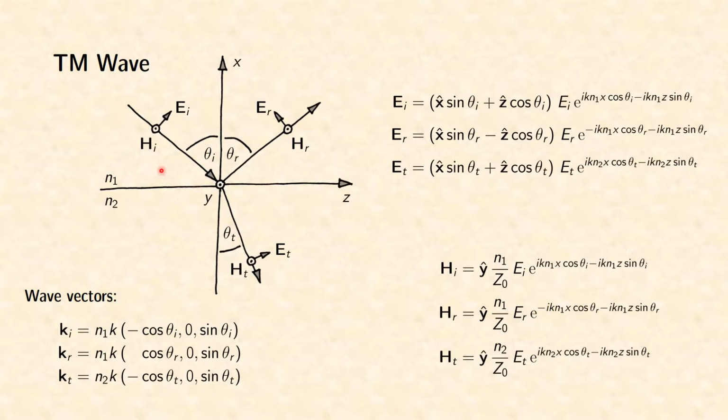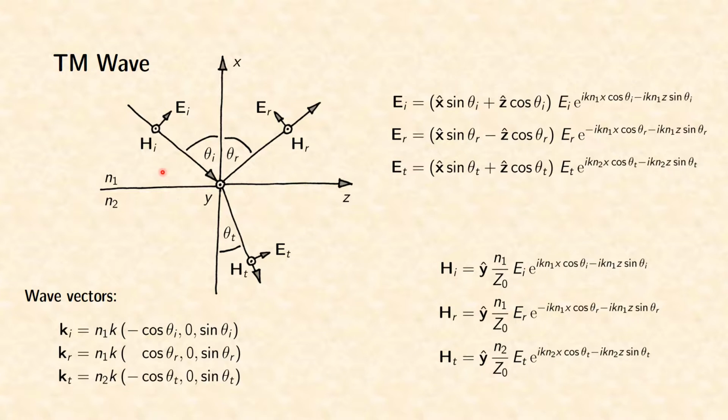If you have a plane wave with arbitrary polarization, you always can split it into a TE wave component and a TM wave component. So when we have the expressions for the TE wave and the TM wave, we are finished